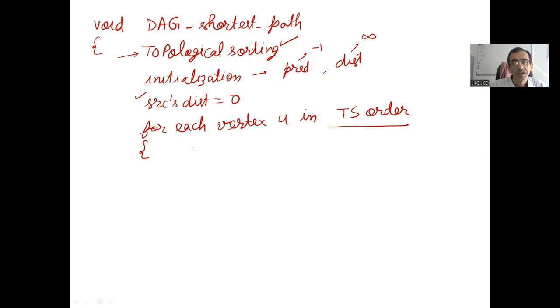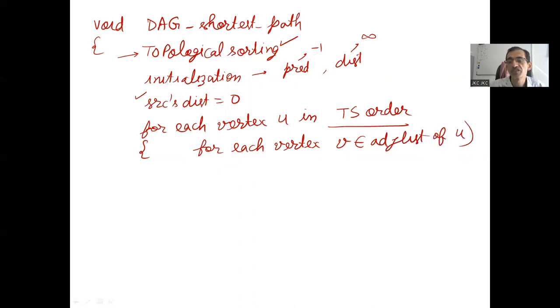So effectively, I have to relax the distance. For each vertex U, its adjacency list to be traversed. So I'll say for each vertex V belonging to the adjacency list of U, all outgoing edges of U to be considered, and based on that, effectively